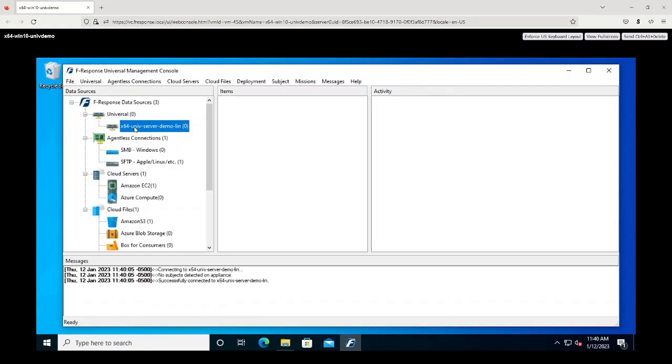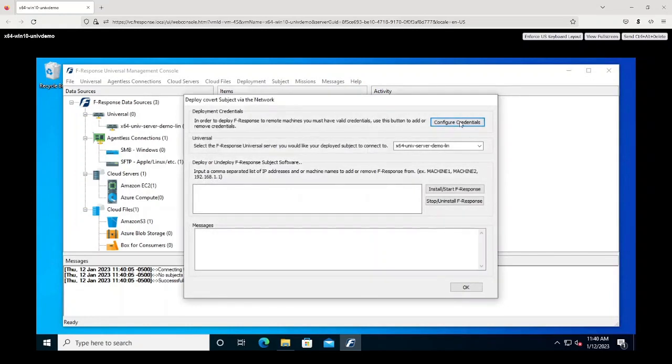The fresponse Universal server is a simple double click to log into, having already configured it and added it to our console. In addition, we're going to need to get a subject communicating with that Universal server. There's a whole bunch of different ways to do that. We could export an MSI, run a graphical executable, or use our own console to push the software to the